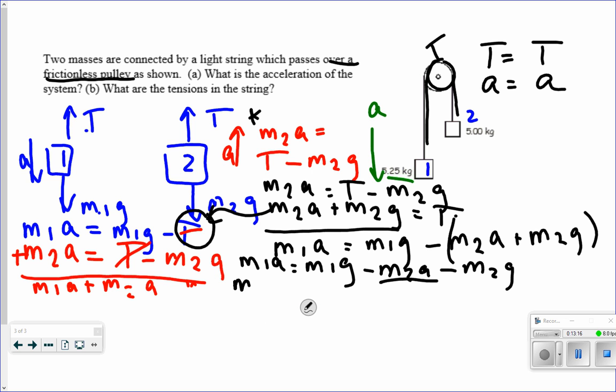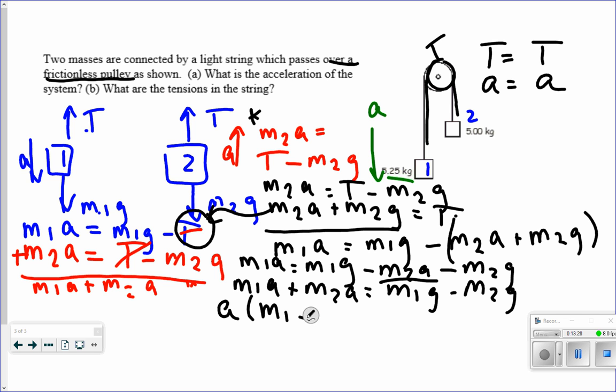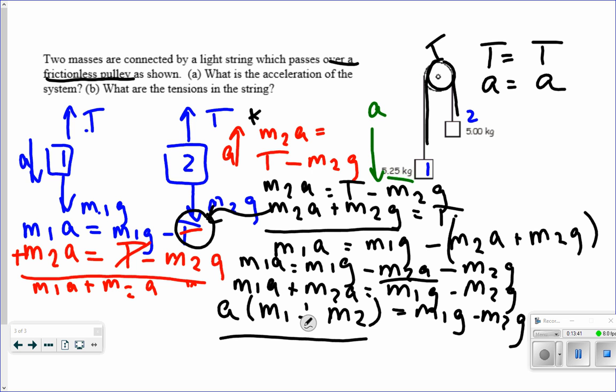All right, M1A plus M2A equals M1G minus M2G. I'm just moving things around. I can pull out the A because it's common to both. That should be a plus sign. I don't know if this is going to let me show you a plus sign. All right, and then divide by the M1 plus M2. Okay, so